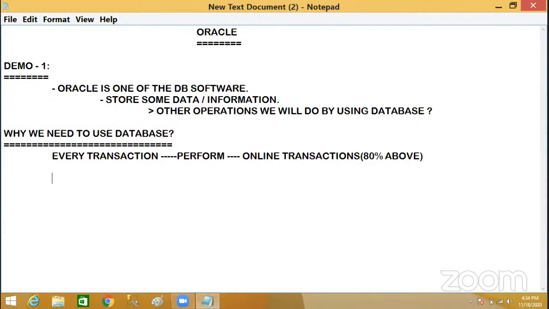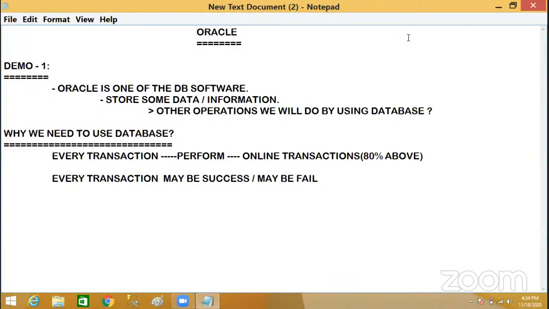If your transaction is online, after every transaction, either your transaction may be a success, or your transaction may be a failure. Okay, very important point.